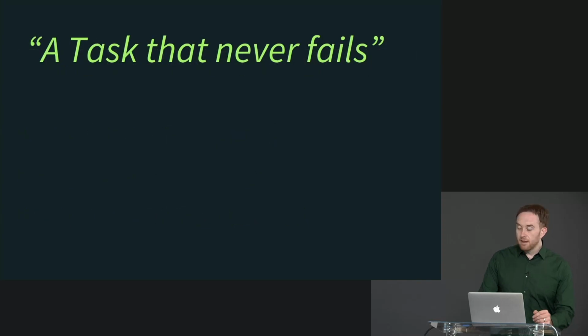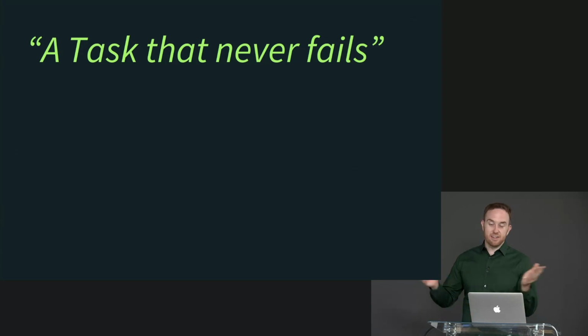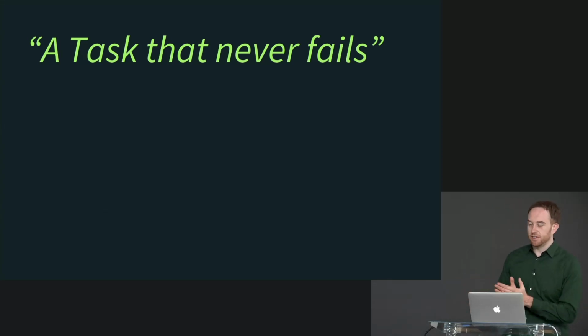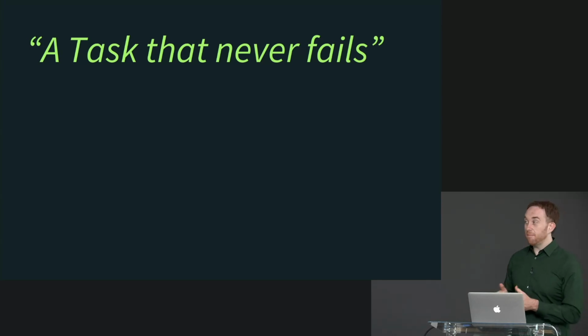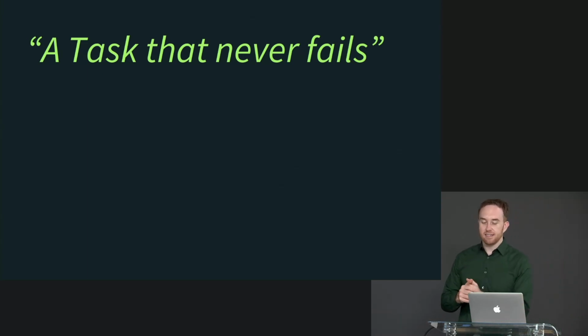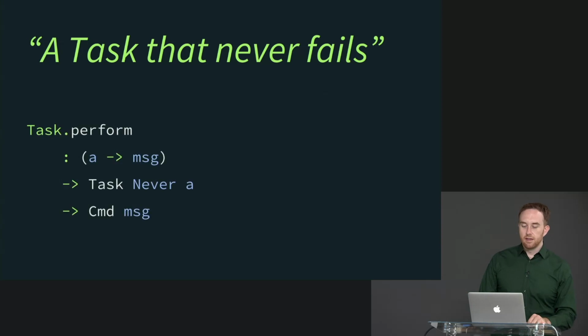OK. So the reason that it's called never, incidentally, as we saw, anyone can define their own never type. They don't have to call it never. They can call it whatever they want. The whole point of it is just to define it in terms of itself so that it can't be instantiated. Tessa reused one that comes with the core package, and its purpose in that package is with tasks. And it's called never because the idea is it represents a task that never fails, a task that cannot possibly fail. And it's used in this function, task.perform.